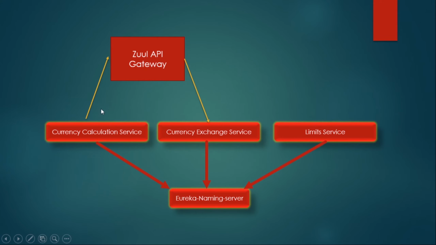The process is the same here. All our applications are interacting with this Eureka naming server. So whenever any service is calling this currency calculation service, it is getting the instance of this currency exchange service. So we will tell our application to pick the instance of Zuul API gateway, and Zuul API gateway will call the currency exchange service. First of all, let's see how we are getting the output from the currency calculation service.